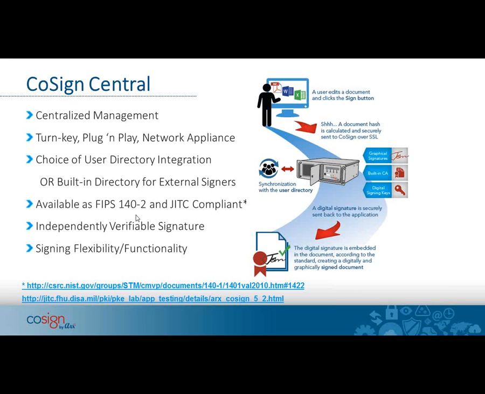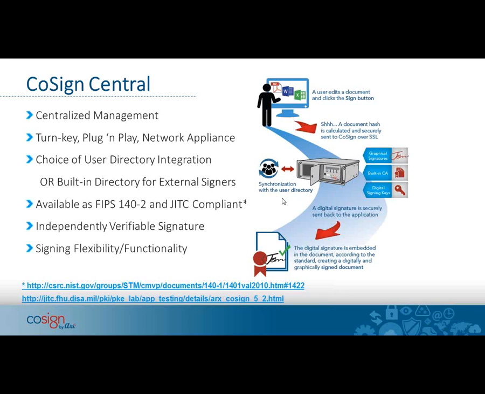It goes through FIPS certification and JITC compliance, and this is very important for our federal government customers or anyone doing business with the federal government. They'll require, or part of the regulations when you submit documents to them, they'll look for you to be using a FIPS certified solution. Michael, on the call with us today on the webinar, has lots of experience working with customers. He can speak to some of those examples if you have any questions on that.